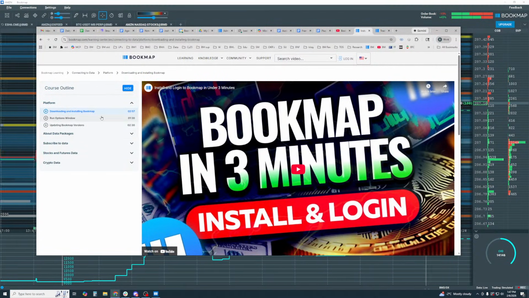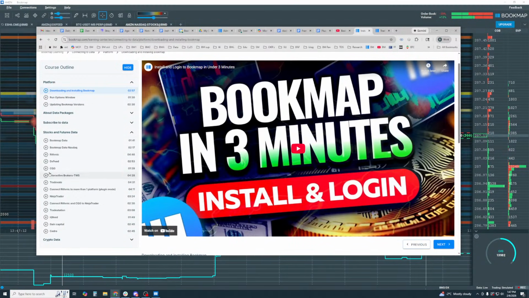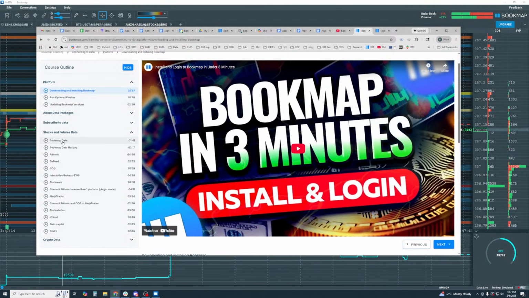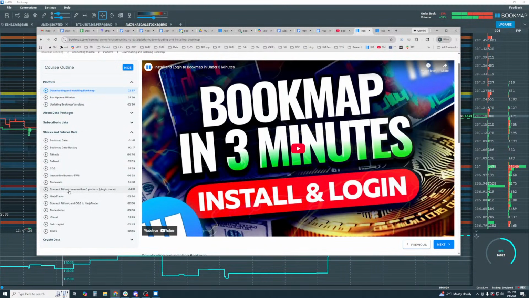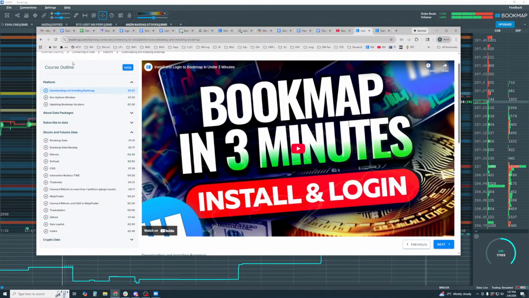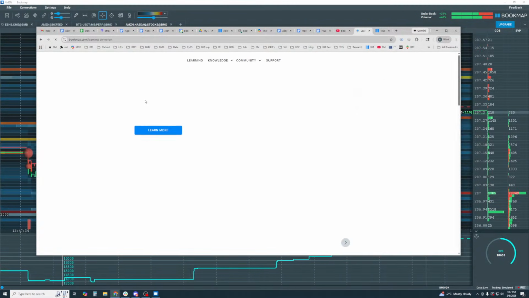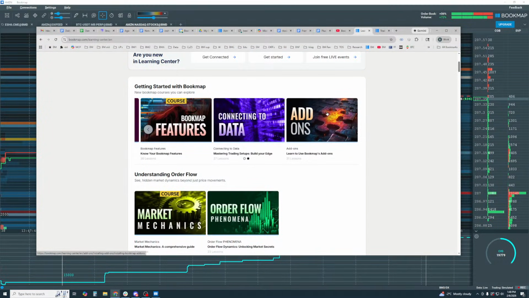Anyway. All right, so now you can see if you have questions about subscribing to the data or adding the stocks and futures data for Rhythmic. Here's CQG, here's DXFeed, here's Bookmap Data in here. Just like what we went through, okay? The process might be a little different for each of these in here. Here's NinjaTrader, and connecting to Rhythmic via plugin mode in here. Yeah, go through this if you have any questions. Those videos should answer your questions. You'll also find one here for all the different add-ons in Bookmap, videos for those.